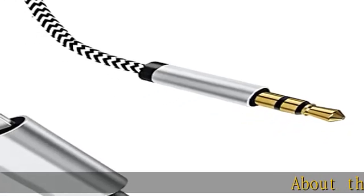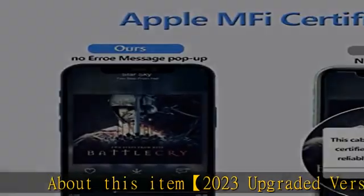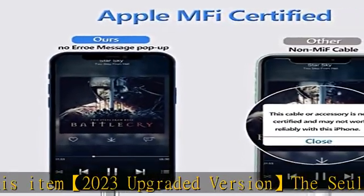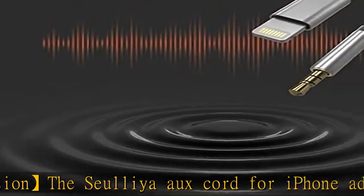About this item: 2023 upgraded version. The Suliya auxiliary cord for iPhone adopts the newest 3.5mm certified chips. It can support all iOS versions, including iOS